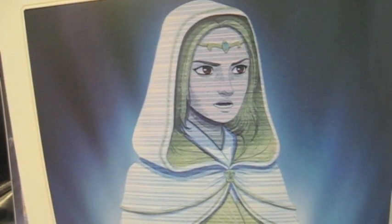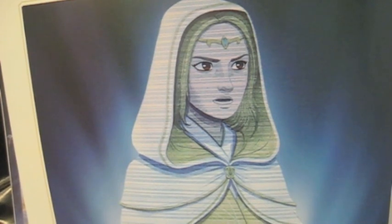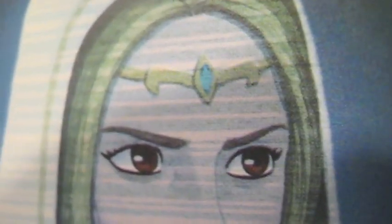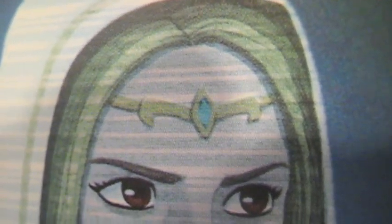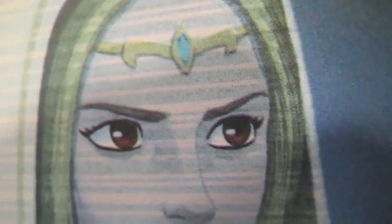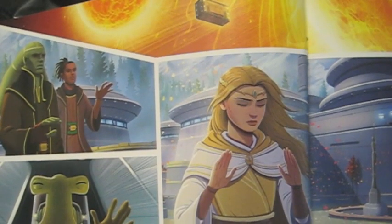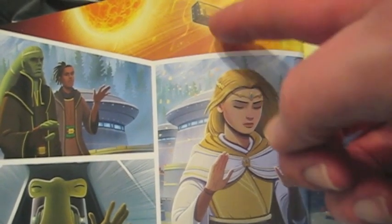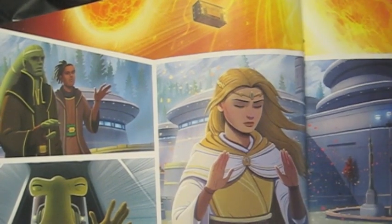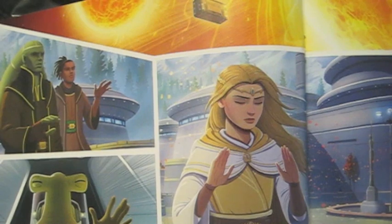And here's a more detailed image of Avar Kriss appearing as a hologram. You see this sort of, I don't know what you call that, piece of jewelry, the blue stone in the center. So then things take a turn even for the worse when this compartment filled with hyperfuel is going to go into one of the suns here, which is going to cause a